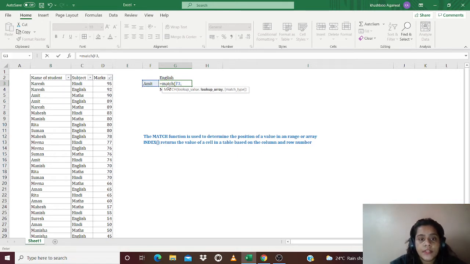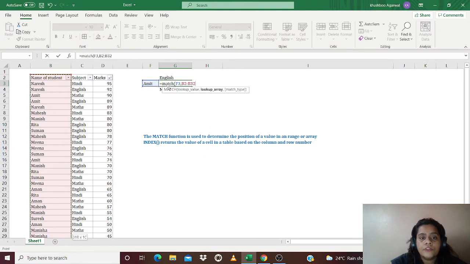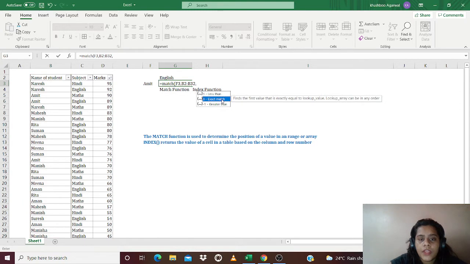Then we have to select the row or the column in which the name will be appearing. In our case, the name of the student is plotted in column B. So I have selected column B, and then we can mention three options over here: less than, exact match, or greater than.